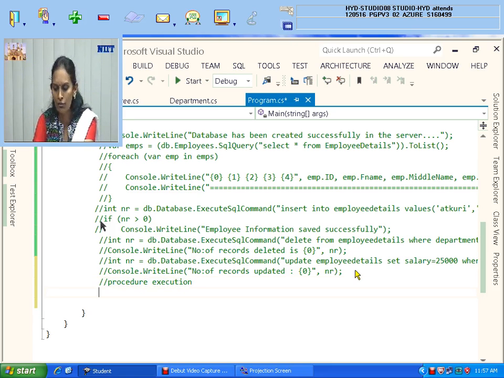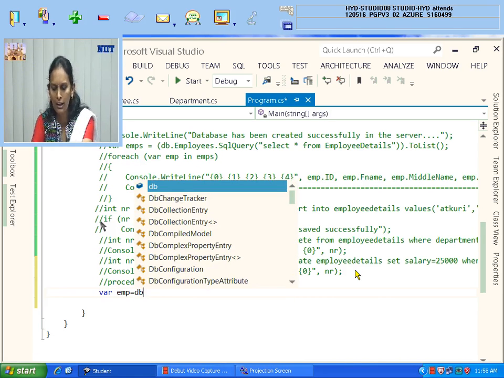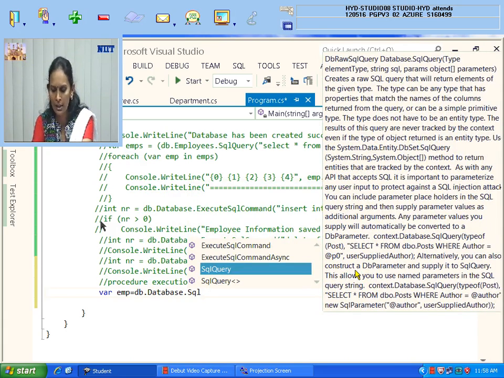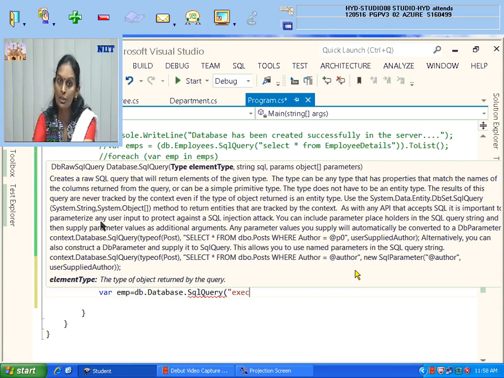For this, what do we have to do? Already the ctx DB is ready. So db where emp equals db.Database.SqlQuery in the bracket, in double quotes, exec means execute. What procedure is to be executed?